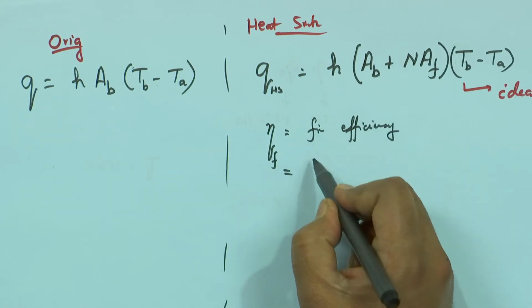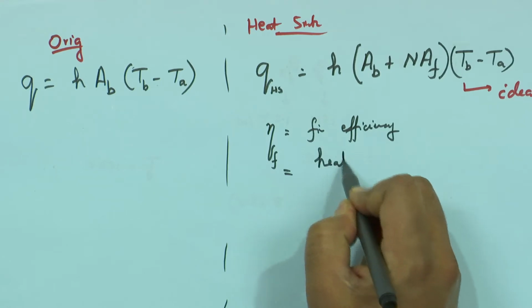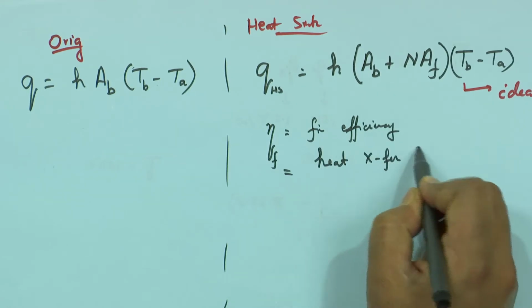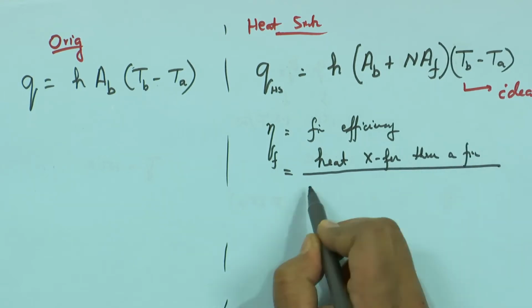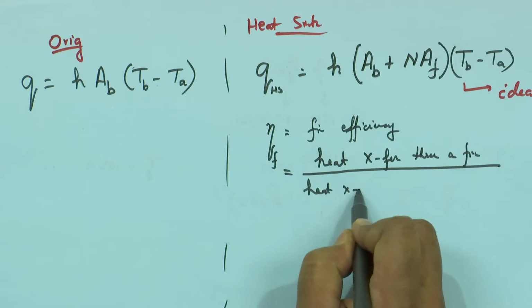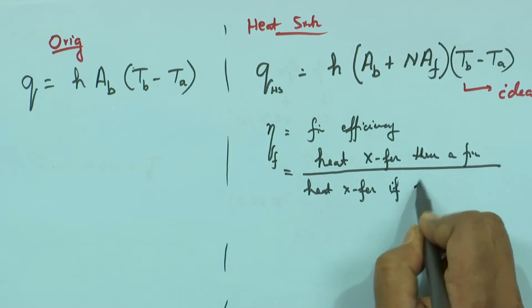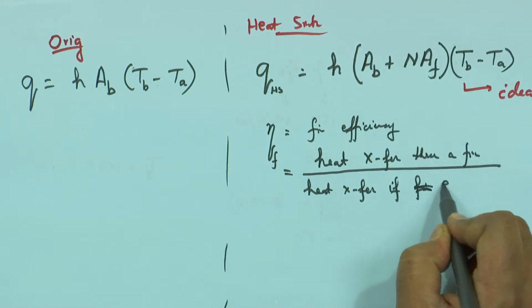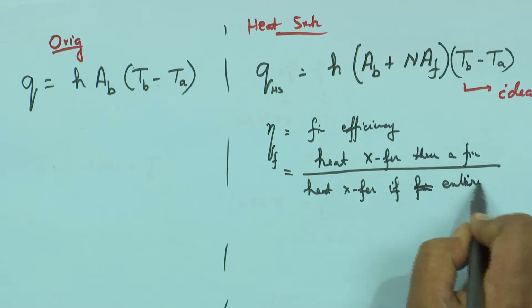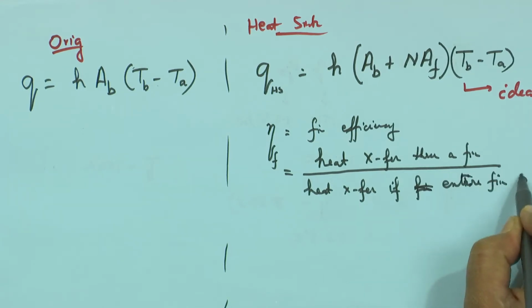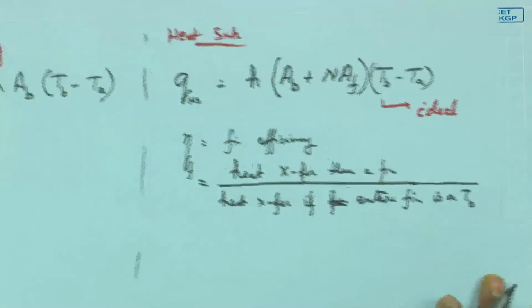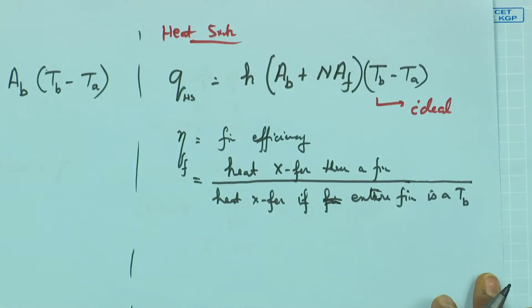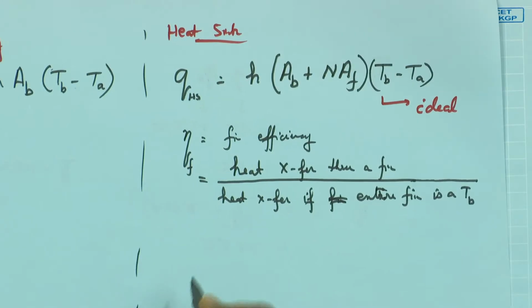What it says is actual heat transfer through a fin over heat transfer if the entire fin is at T b. Clear? So, therefore, in reality